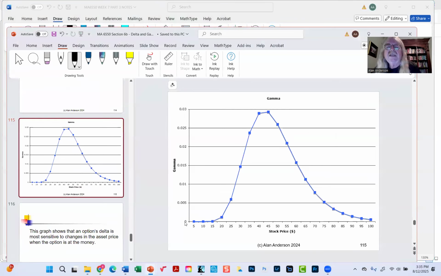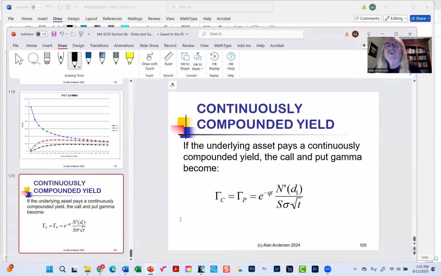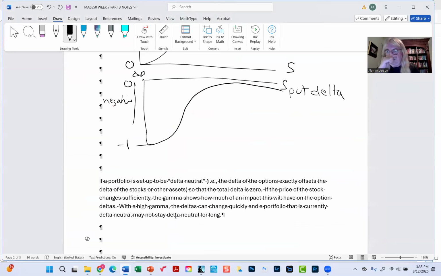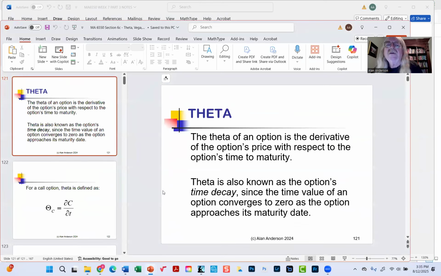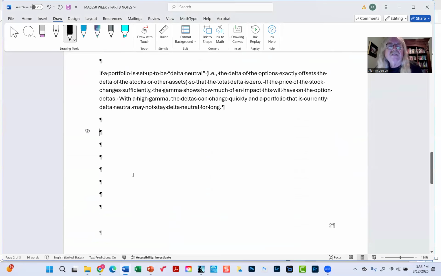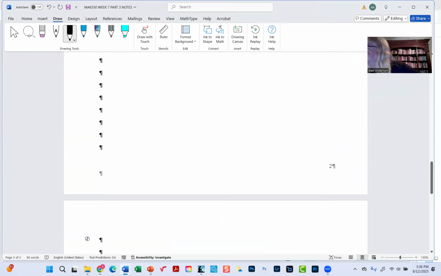So the gamma and the delta, again, are the most important of all the Greeks. Now, these three have their roles, but they're not quite as important. One thing I do want to point out here, and we mentioned this earlier, is when we're looking at, let's say, a call,